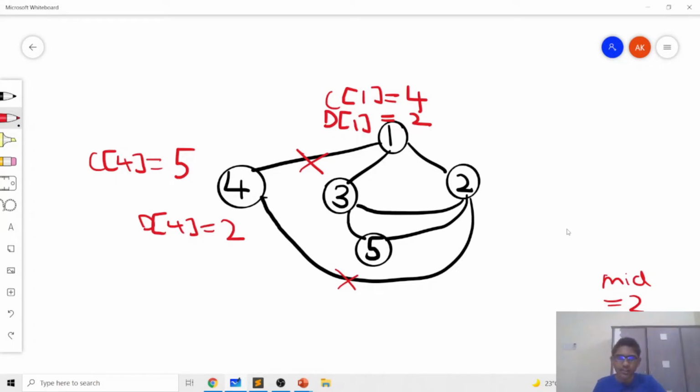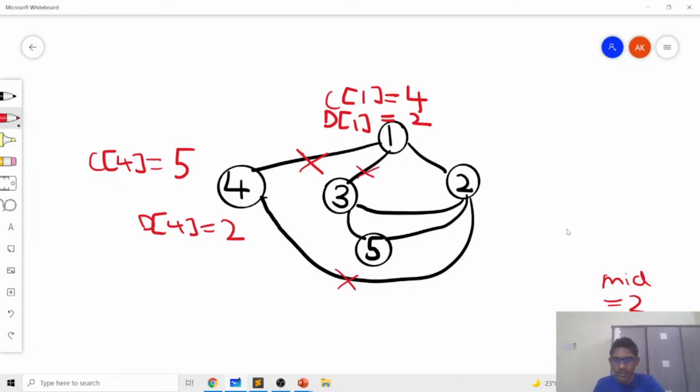So you can understand that we are going in decreasing order of the values. We initially assign the largest value to the node which has neighbors less than or equal to 2. We go to each of the node's neighbors and decrease the number of neighbors by 1. So basically we maintain the degree of each node and we decrease the degree of the node by 1, exactly how we do in Kahn's algorithm. And whenever we get a node which has a degree less than or equal to mid, we can assign that node the largest value so far. So that's why we assigned the node 1 the largest value so far, which is 4.